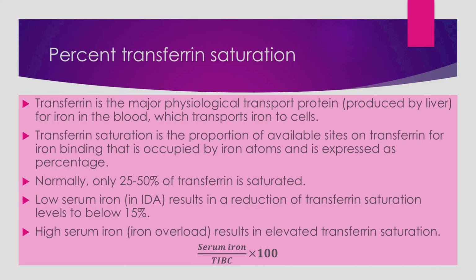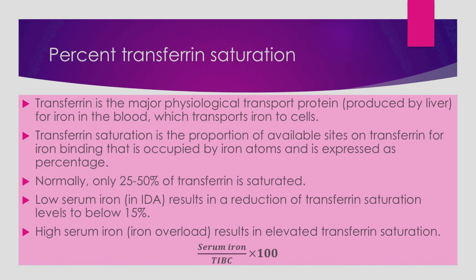So next is percent transferrin saturation. Now this transferrin protein can carry many iron ions, but generally only 1 or 2 iron are attached to one transferrin molecule. Not all the transferrin molecules in the blood are saturated. Only about a third of them, or you can say only 33% of them on average, are saturated with iron.